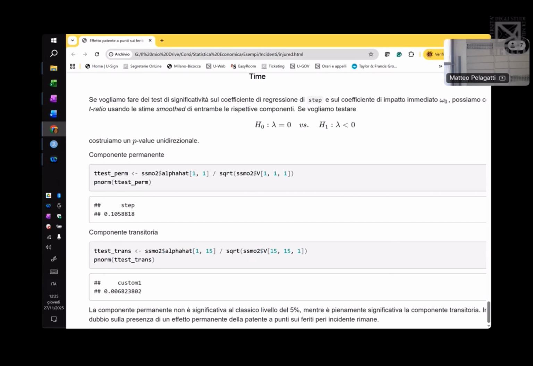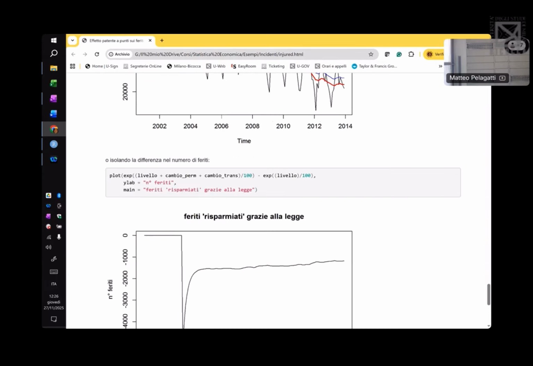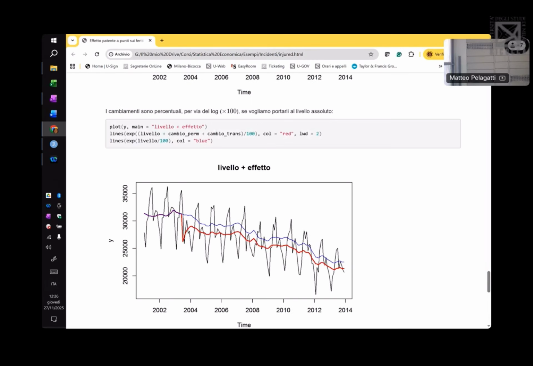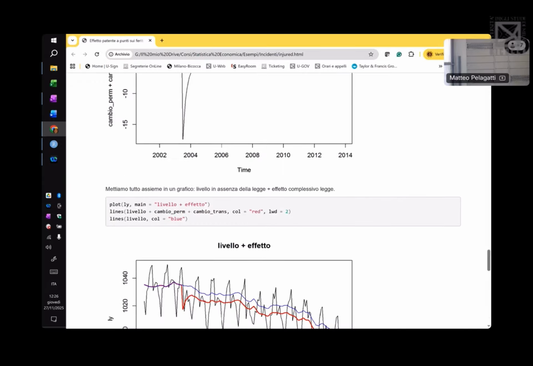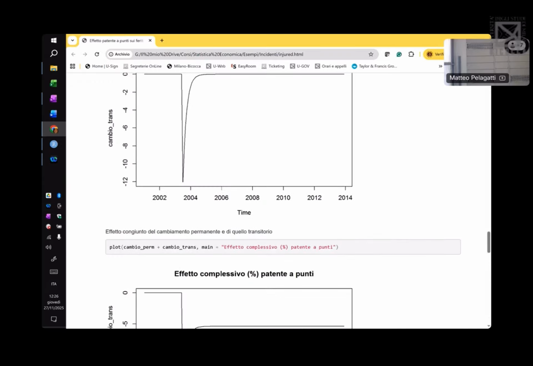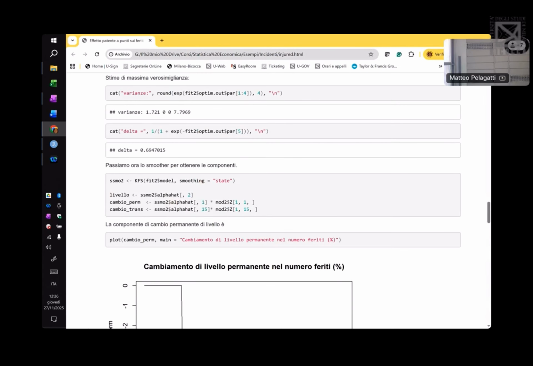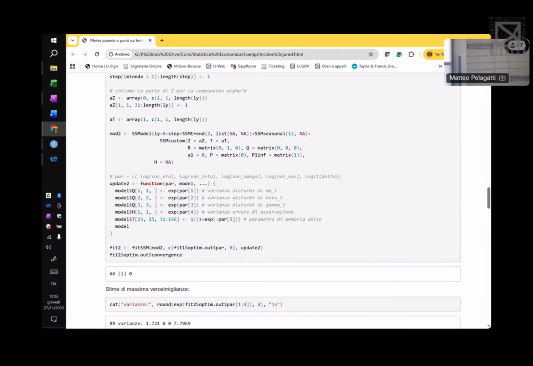Okay, so this is another use of this kind of models. And of course, I didn't take enough time to show you how to put everything in state space form. Maybe there's a long explanation here. I hope, if you're interested, of course, you don't have to do this on the data set